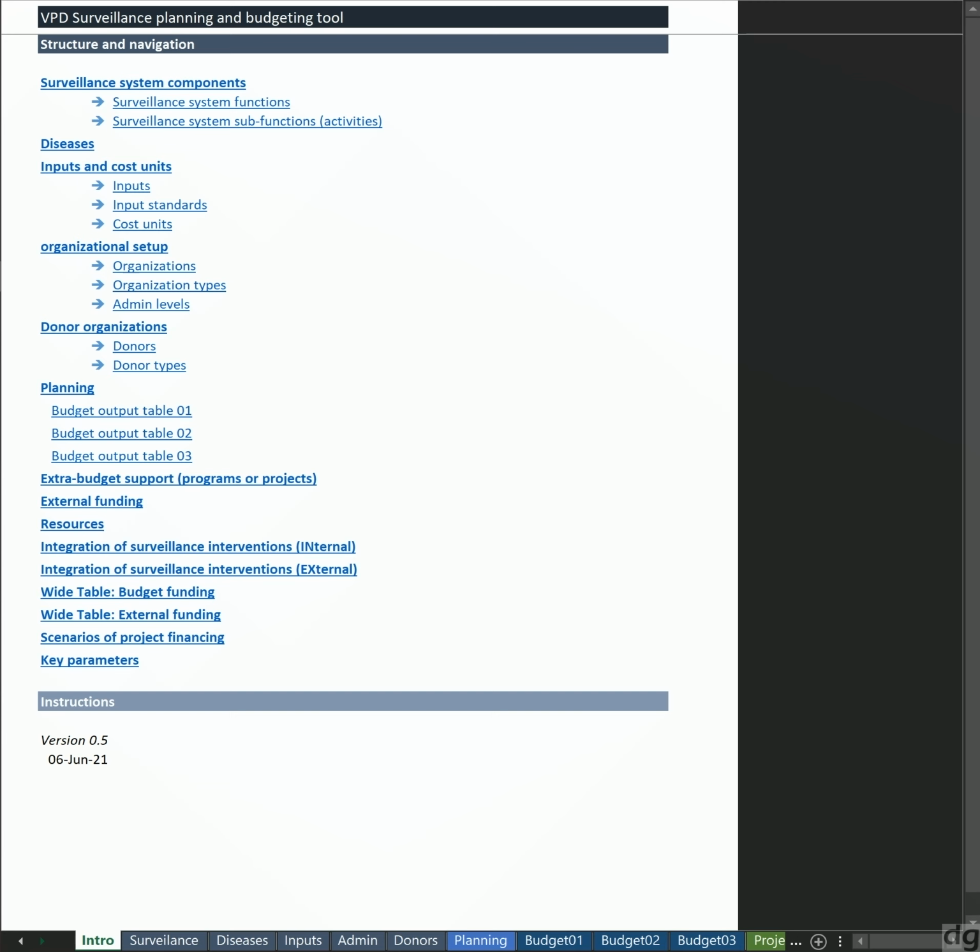Hello, today we discuss how to overview results of the budgeting exercise. The tool offers 5 tabs. 3 tabs show results of the budgeting itself. 1 tab shows the results of external funding, so it presents content entered in projects,